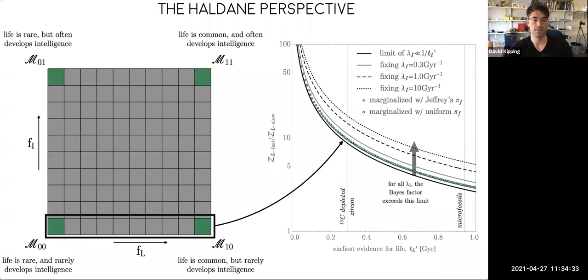If I take that bottom row as an example of these four corners, this is the case where I'm being very, very pessimistic about intelligence. I'm saying intelligence is a very rare process. That's this bottom row. I don't know what FL is. And I'm going to show you here the ratio of these two corners. So really what I'm showing you is the optimism case divided by the pessimism case, fast life versus slow life, just those two corners divided by each other. And what you find is that the odds ratio is about 10, given our best estimates for these numbers. But obviously it depends on what you assume.